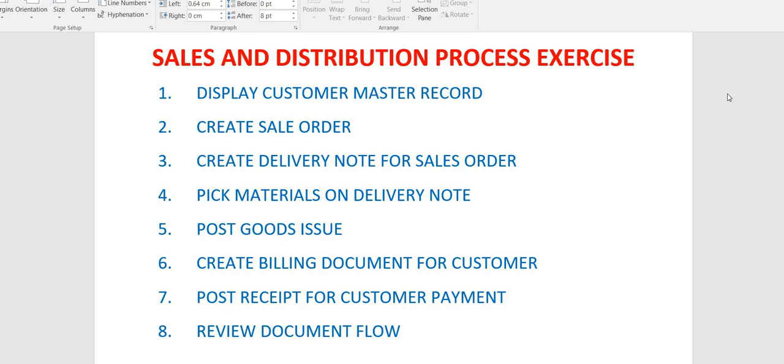That is, create sales order. First of all, let me make clear the whole process. A customer is asking for something, he is buying something, and from buying till he receives the item, he will also clear the payment, and the company receives that payment, and that payment will be adjusted in their account. This is the whole process. So in short, maybe in 30 seconds, I have explained this process. So let's start. Again, the procedure is the same.